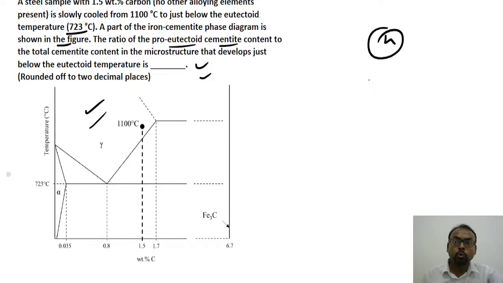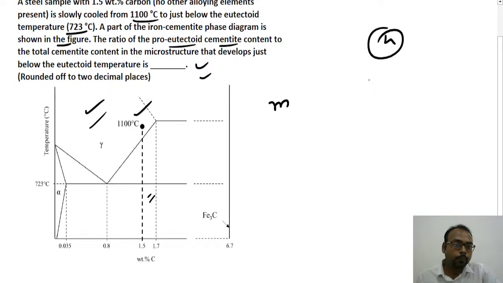One more thing we are given is a steel sample with 1.5 weight percentage carbon that is being cooled from 1100 degrees centigrade to 723 degrees centigrade. So first of all, we will find out the